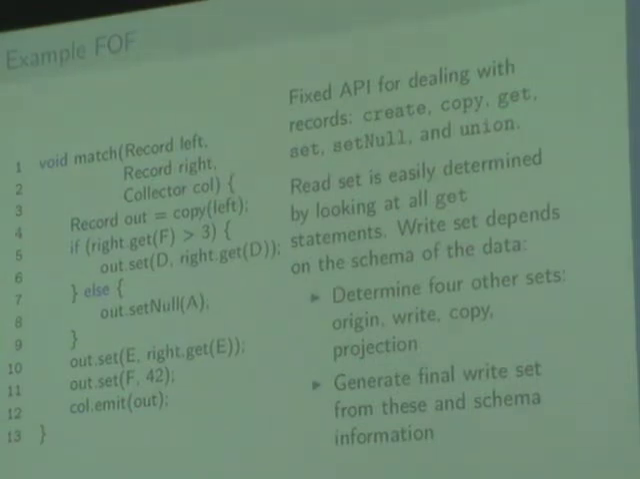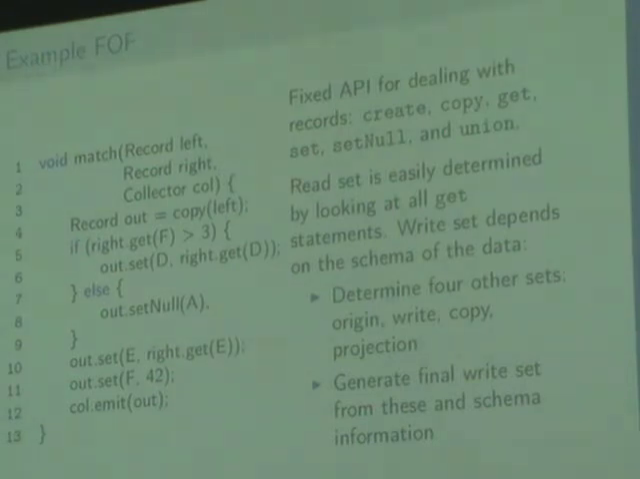That's why we are able to do this even. And this API is we can create new records. This is not seen here. We can create a new record by copying an input record. This is seen in line 4. And then we have get, set, and set null for getting attributes out of records and setting attributes on this